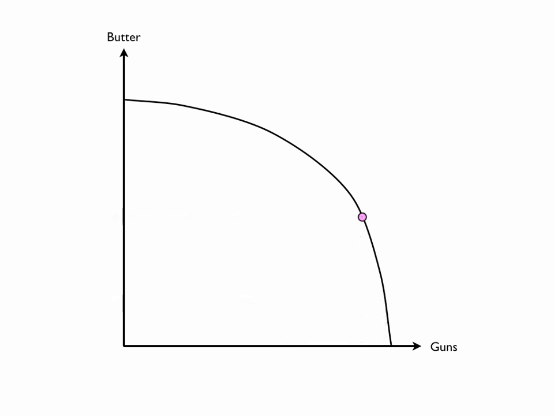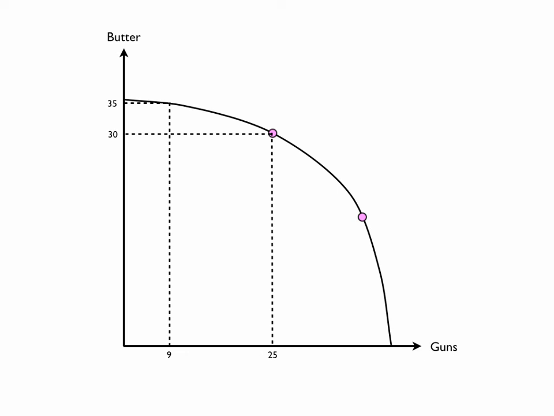We can look at the same at the very top. We now start with 35 units of butter and 9 units of guns. And if we want to increase our production of guns, we give up 5 units of butter and we obtain 16 units of guns. So now we're getting 16 more units of guns at the cost of only 5 units of butter. And that again is because in producing butter were a lot of people who are very adept at working in the factories producing guns, but not very adept at producing butter.